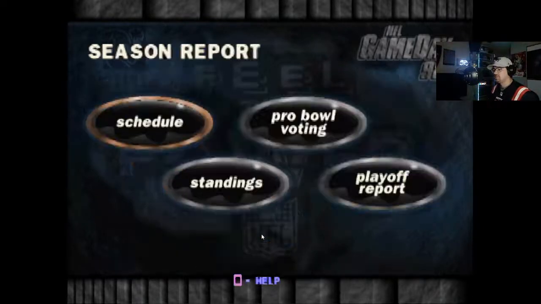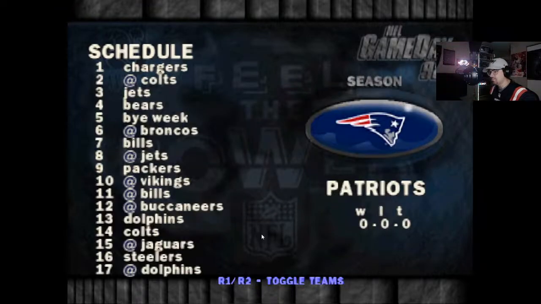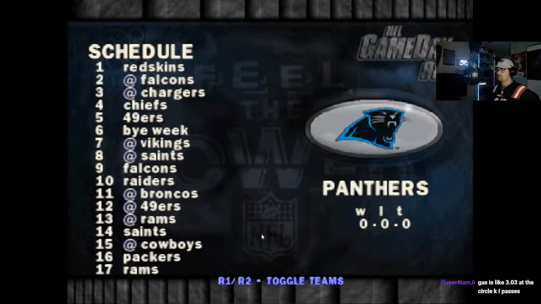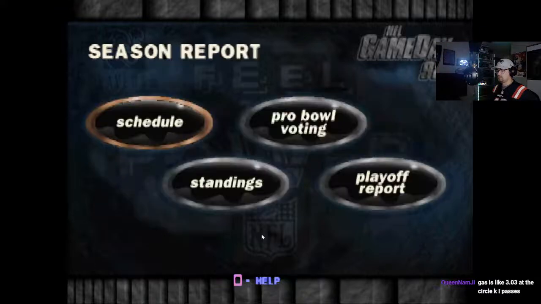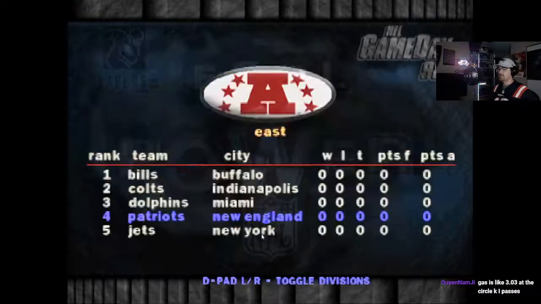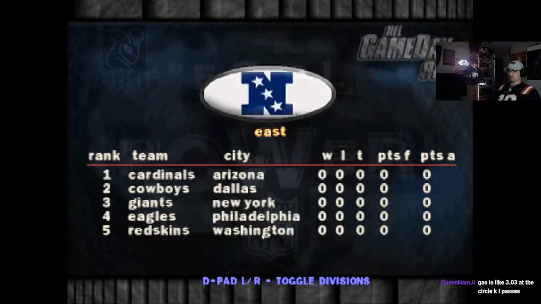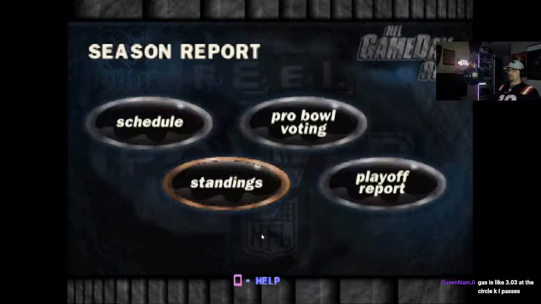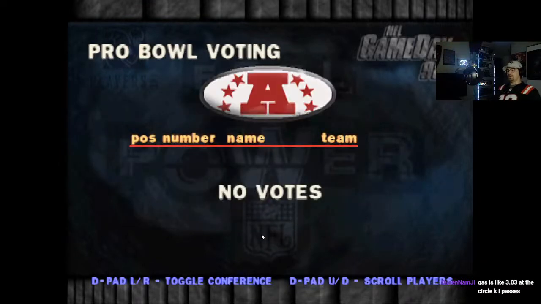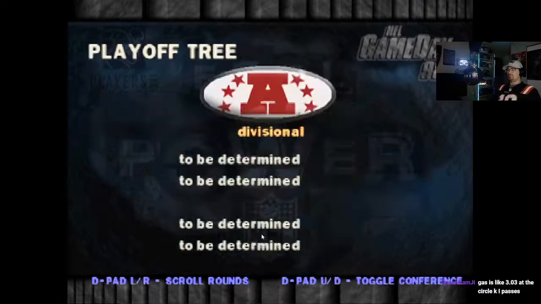So we go into season report. We can see our schedule. Interesting. So the Chargers at the Colts, Jets, Bears, bye week. Okay. They do play the Packers. We've got standings. Okay. Look at that. Pro Bowl. You even got Pro Bowl voting. Playoff reports.